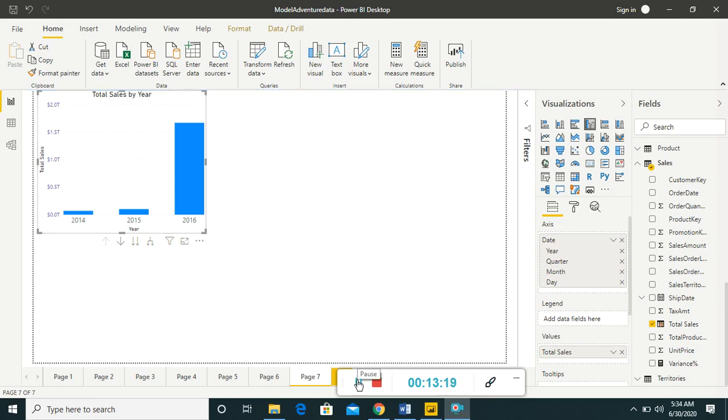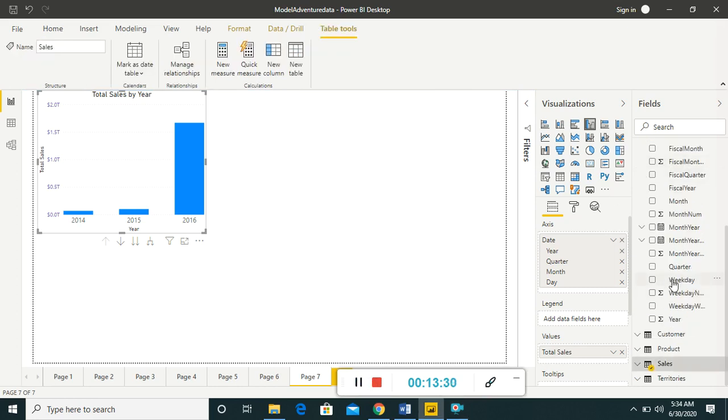So next is creating a hierarchy on your own. Hierarchy basically helps users navigate through your data.